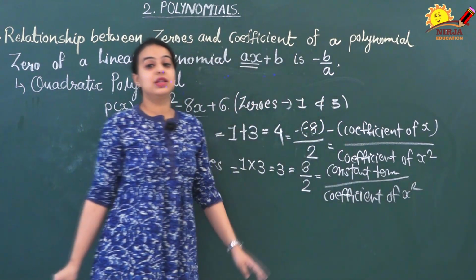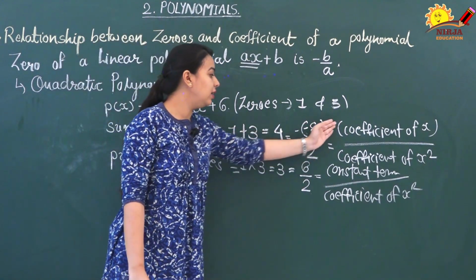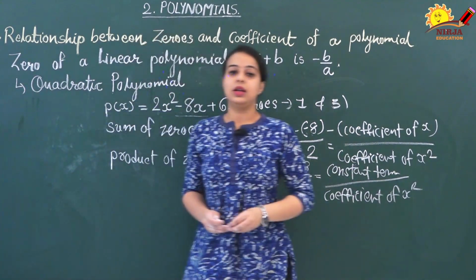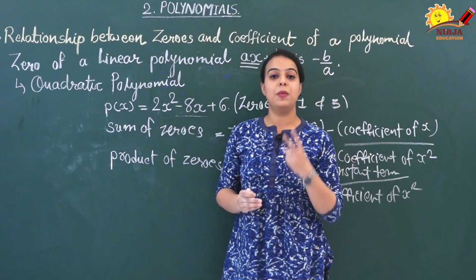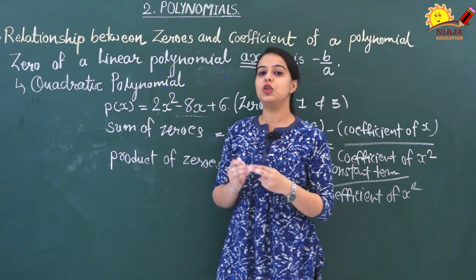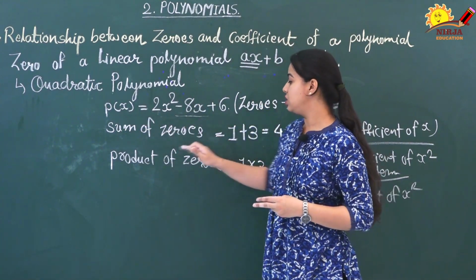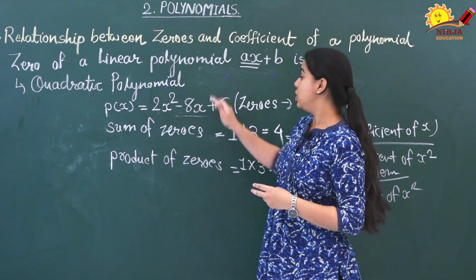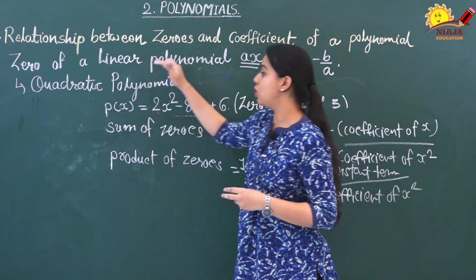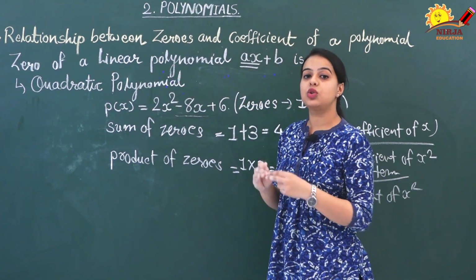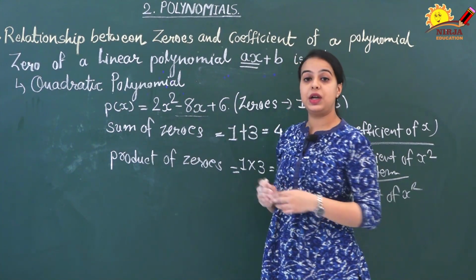So my dear friends, this is the relationship between zeros of polynomial and their coefficients, right? As we have discussed in the previous part, a quadratic polynomial will have a maximum of 2 zeros, and if you want to find the 2 zeros of a quadratic polynomial, you can do the sum of zeros and product of zeros. This way you are all able to identify the relationship between zeros of a quadratic polynomial and its coefficients. So by just one polynomial, we can't decide this is going to happen in every case.